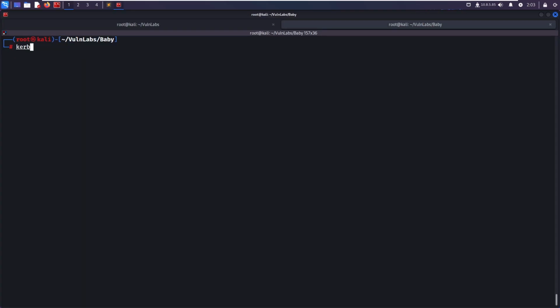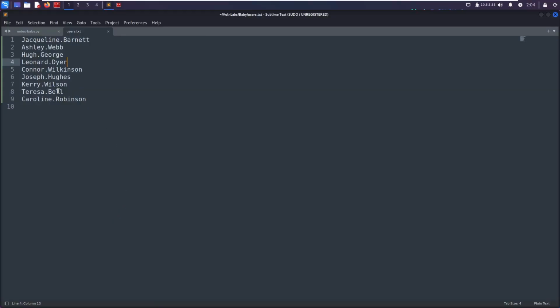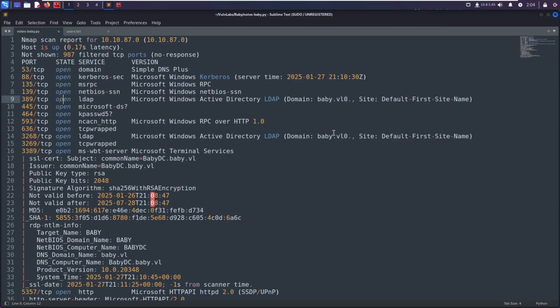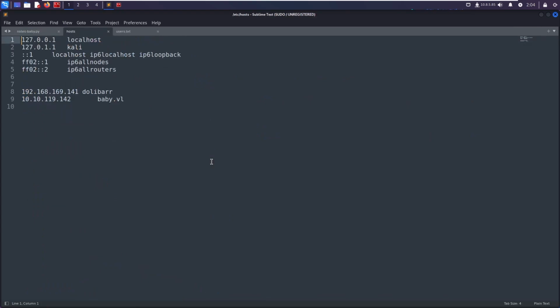So I always use kerbrute, and I will see how to use this tool. So I think I need to provide -d for domain. And now coming back to our nmap scan, if I see the domain is baby.vl, so I will add this domain into my hosts file first of all. So sublime /etc/hosts, and yeah, I already have that one, but my IP is not correct. So if I go over here and put my correct IP, 10.10.115.50,